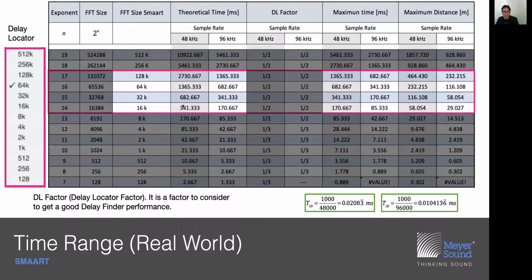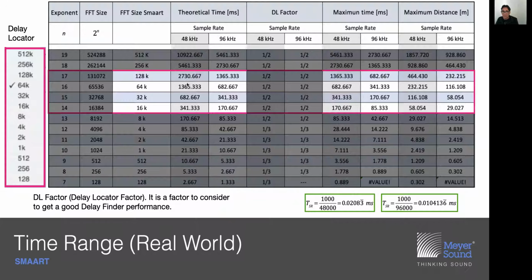I think that you are going to be working around these FFT size options. And I know that because, by doing some tests, I just realized that these options are around what we are normally doing in our real life, right? So what I mean is that even if you go into the manual of SMAART, you're gonna see that